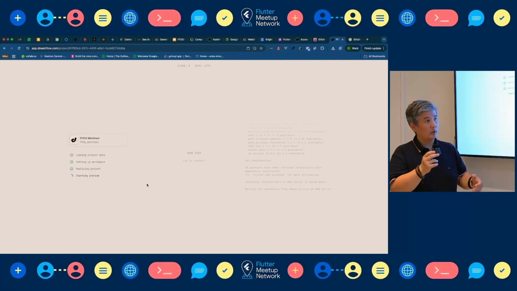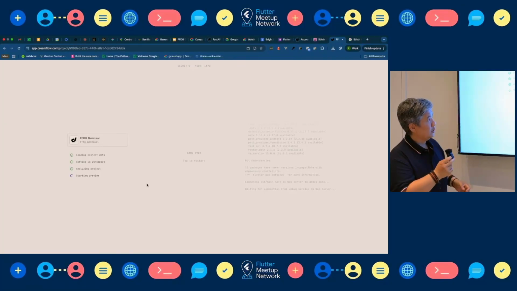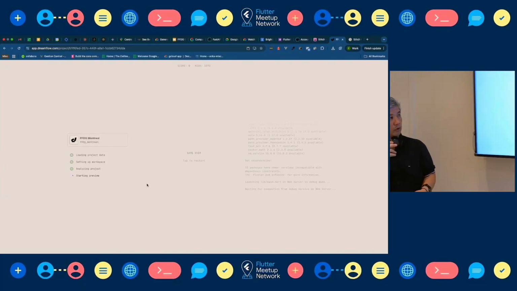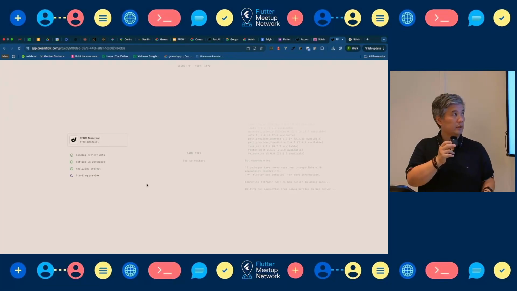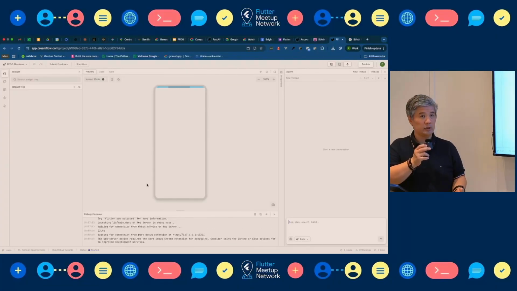Or if you have the spec from your API, you can say, here's the spec, build me the services that I can connect to this spec. It's going to build the code for you. You can organize the code as you like, or if you already have a structure, you can import the code and it will respect it.